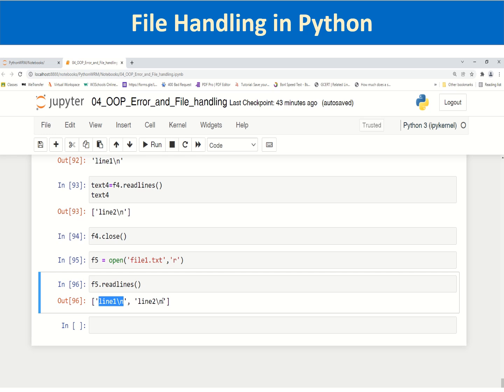And if you are opening the file in read mode and making use of the readlines method, you will be generating a list of all the lines in the form of strings. Then you have to further process the list to get any particular data. For example, the corresponding station value,